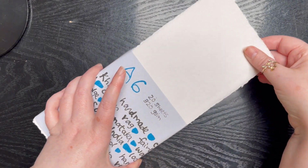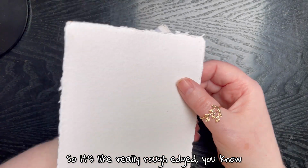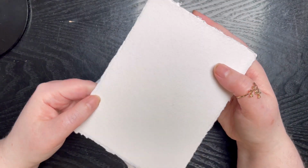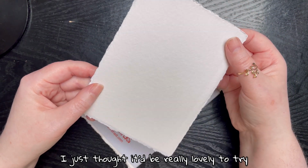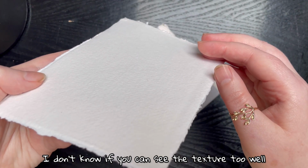Let's get one out. And this is how it looks. So it's really rough edged, you know, it's proper handmade paper, not made in a factory. I just thought it'd be really lovely to try. It's got a lovely texture to it. I don't know if you can see the texture too well, but